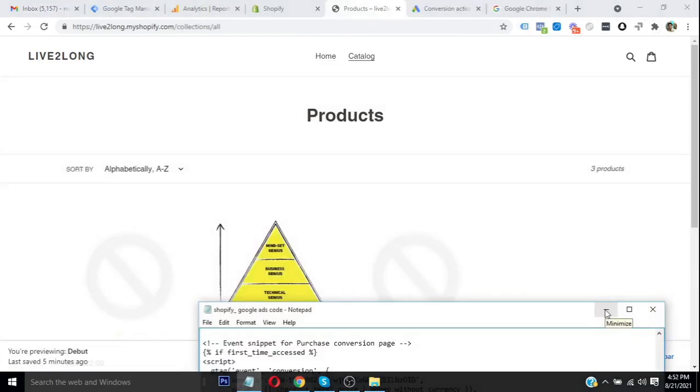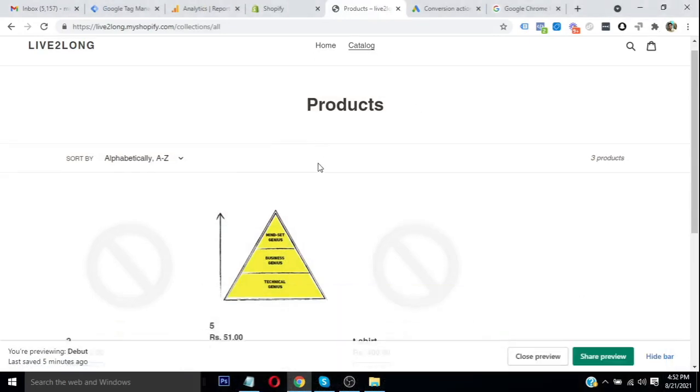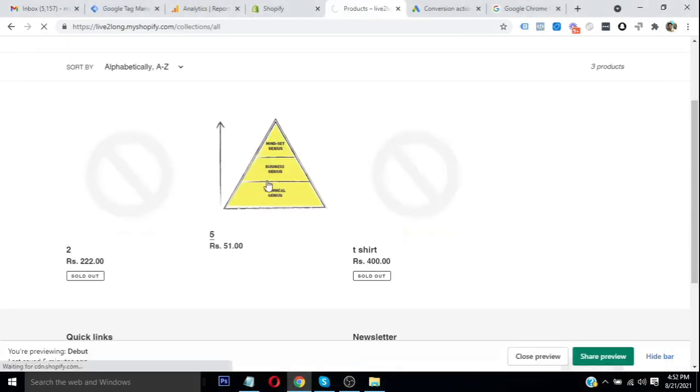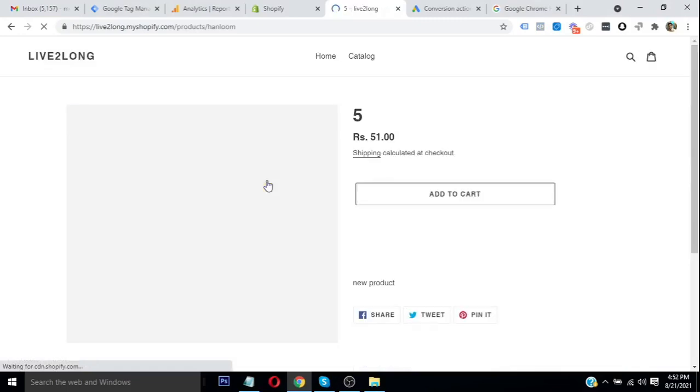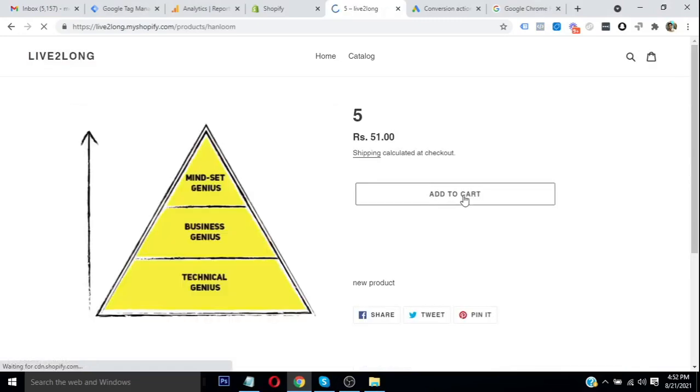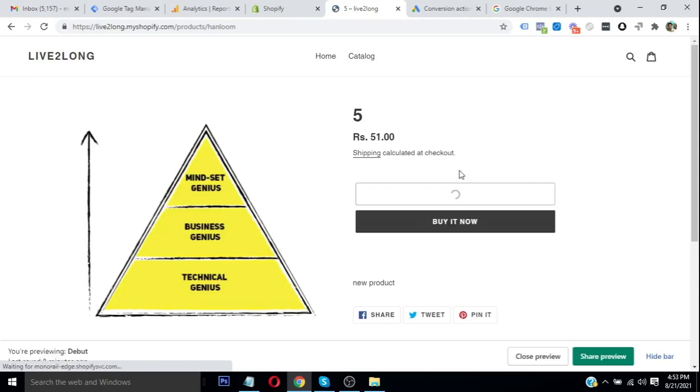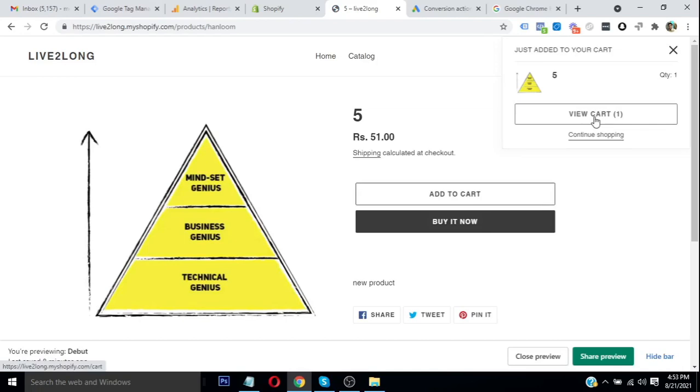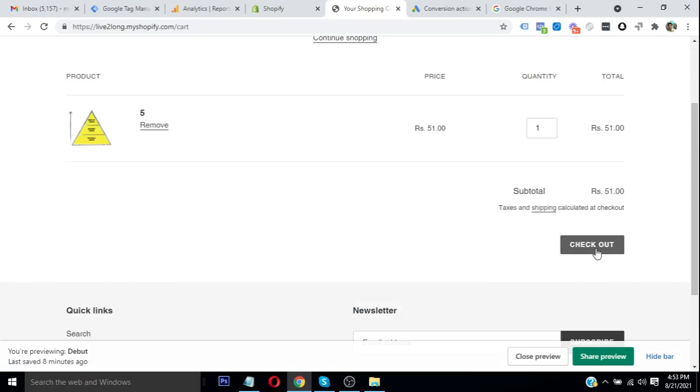Now we are on the product section, and we will click on this product, and let's click on add to cart, and view the cart. Then we need to proceed to checkout.